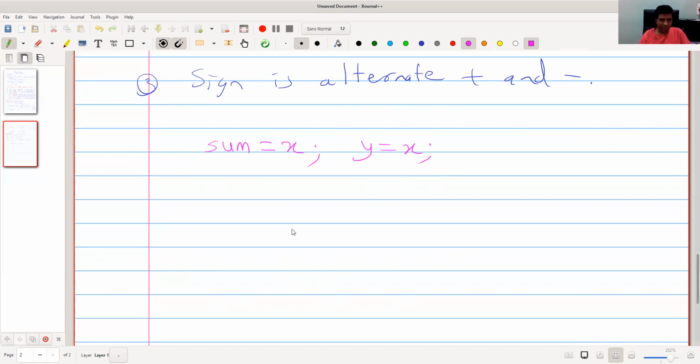Okay, for example, I will take a for loop. Don't worry, I will explain the syntax of the for loop. In this loop there is a certain starting value, say n equal to 0. Then there will be an increment, n plus plus, which means in the next step it will increase the value of n by 1. An alternative way is n equal to n plus 1. n plus plus is the increment.